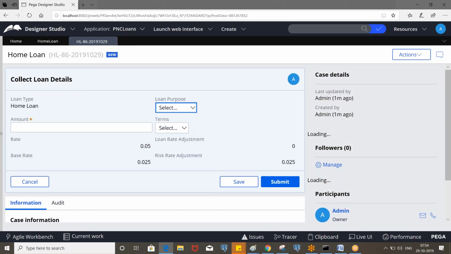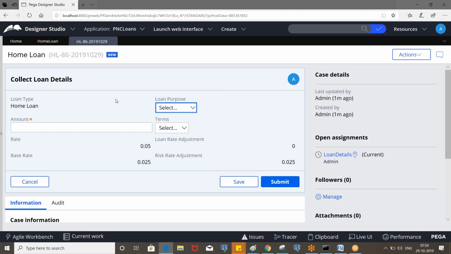So if you have an assignment, that means we can route borrower details to some operator, loan details to some other operators, etc. But in real time, all these details are going to be performed by only one operator. But in the approval process, we have two assignments, one routing to the manager and another routing to the loan officer. That makes sense. But here, we don't need to maintain separate assignments.